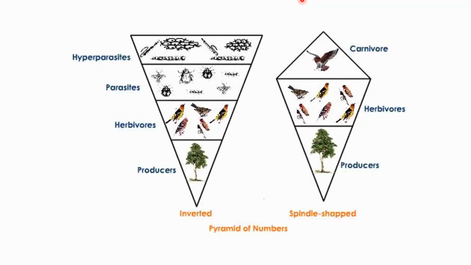So it is not always the case that ecological pyramids are upright, although it is true in some cases, which we will see later. But in other cases, it might be possible that the pyramid of number is not upright, but is actually inverted or spindle shaped. So the different shape of the pyramid depends upon the type of the pyramid which we are discussing, and also the type of the ecosystem about which we are talking.